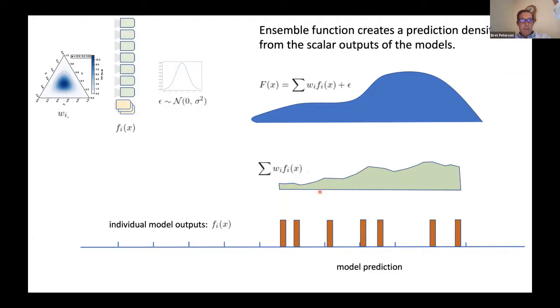If you're in a part of the feature space where you haven't been before, then the models are free to wander however they want. So you might get a large separation of these, and that will spread this out. And also your error term might be quite large, and so that can extend it even further. And that's how these densities show where we don't have a lot of information, or we don't trust the models to produce an